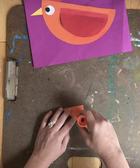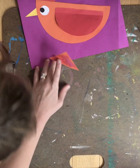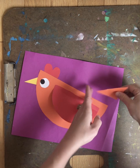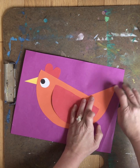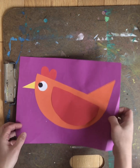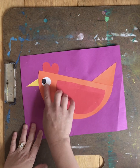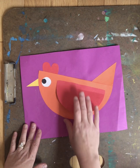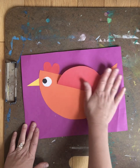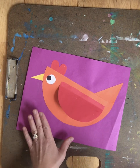Okay. And you want to put the corner, the right angle, right at the back like this. Okay? So now we have semicircle, semicircle, two whole circles, a triangle, a right triangle. And now we're going to add some more stuff. Before we do anything under the wing,